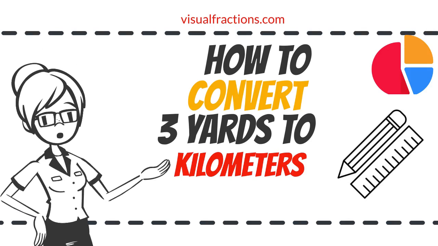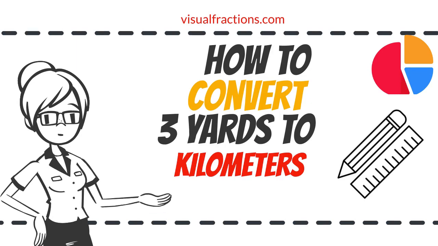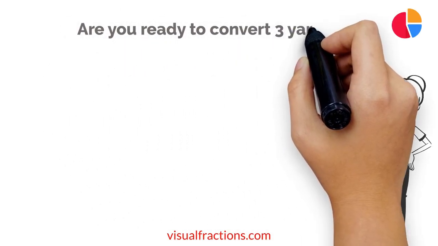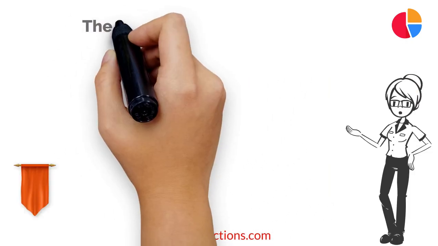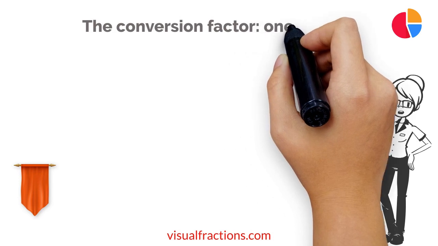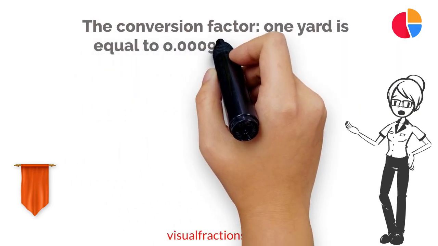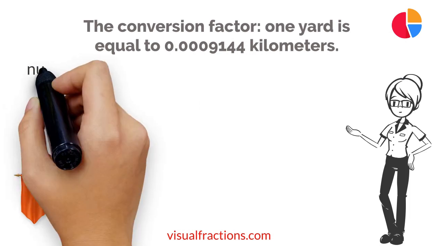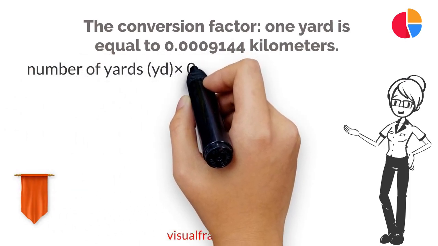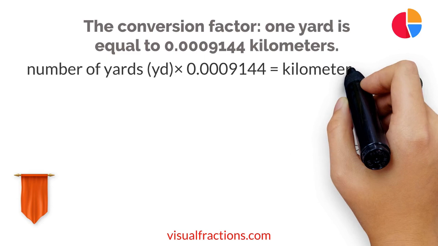In this tutorial, we'll guide you through the process of converting 3 yards to kilometers. Are you ready to convert 3 yards to kilometers? Let's dive in. First, let's recall the conversion factor. 1 yard is approximately equal to 0.00091144 kilometers. To convert yards to kilometers, all you need to do is multiply the number of yards by this